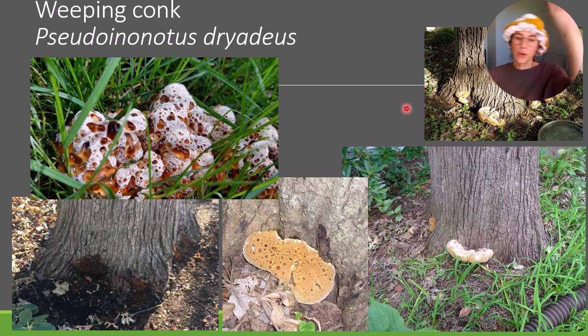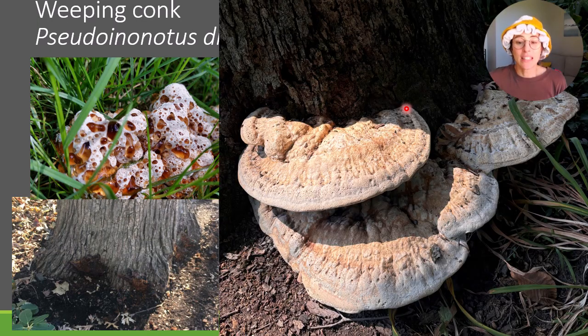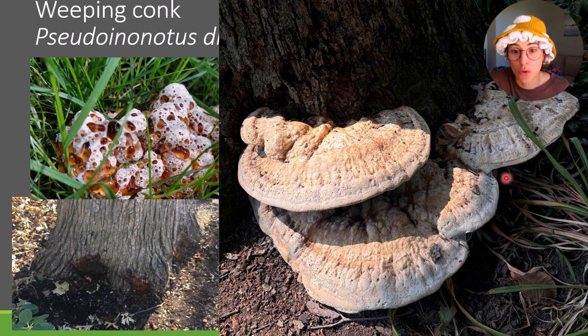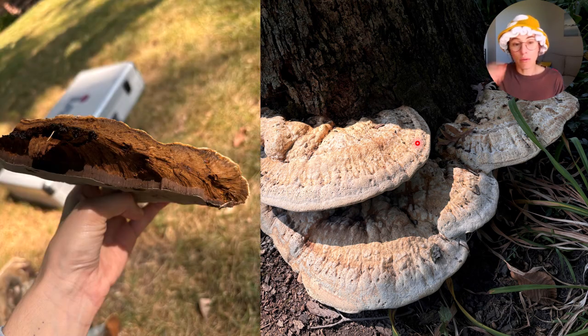Now, throwing a wrench into your whole plan here: the weeping conk. Look for weeping pores. Sometimes it's too dry. On this sample you can see the craters where the weeping pores and the guttation were, but it's too dry outside, so it doesn't have the moisture and it essentially evaporated. In those instances, I recommend you rip this guy off and break it in half and look at the context. Not only will the context weep, but you'll see these layered rings,